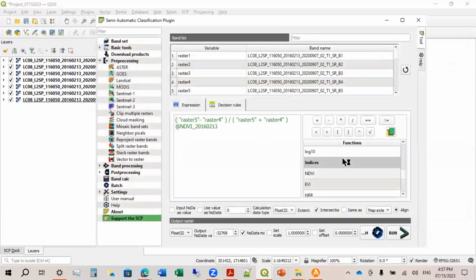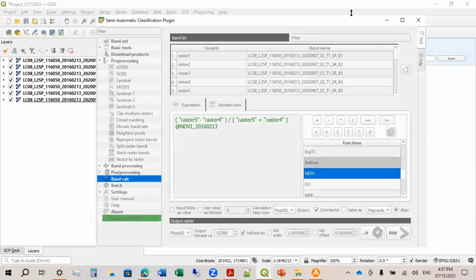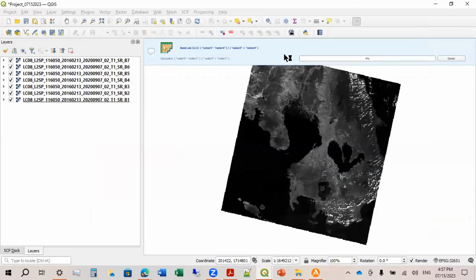And select folder, and then it will now run. Okay, so we'll just wait for this to finish for calculating, after calculation ng NDVI. Okay, so writing file. So just wait for this to finish.